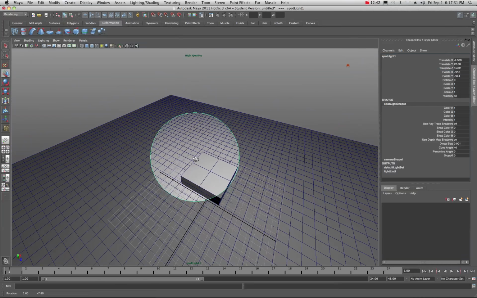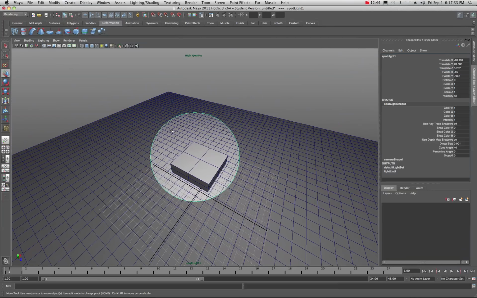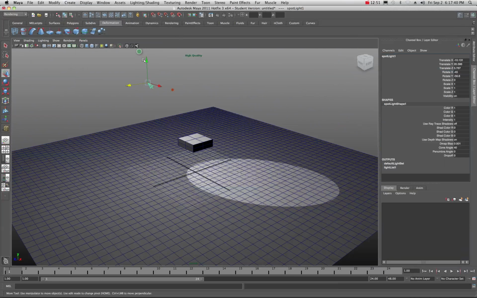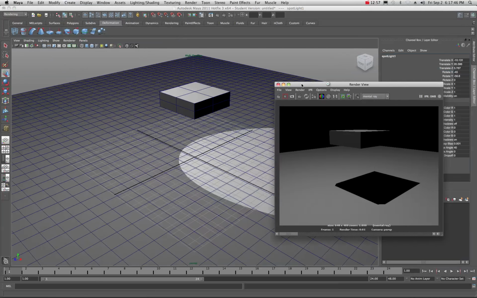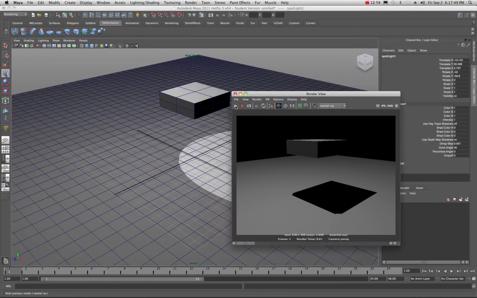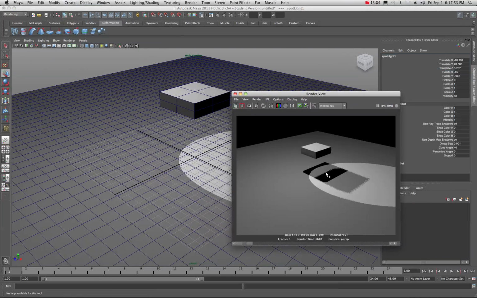Might want to have it come down like that. I'm going to have it cast a shadow, so we'll just leave it there. I'm going to come back to my panels, go to perspective, come back into my perspective view, and I think I'll just go into home there. So let's do a quick render on what we have going here and see what happens. I'm going to save that image, and here's where we're at now. You can see there's a whole different shadow thing going on with that spotlight because, by default,